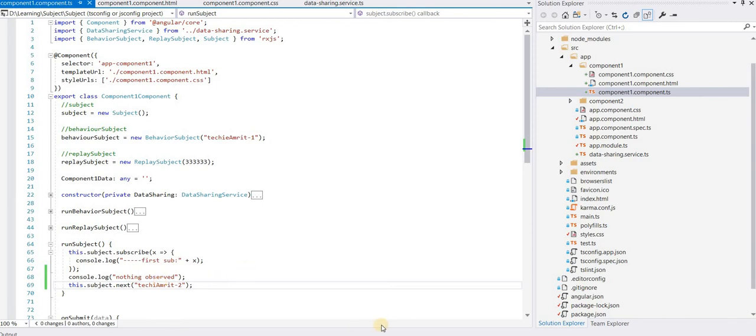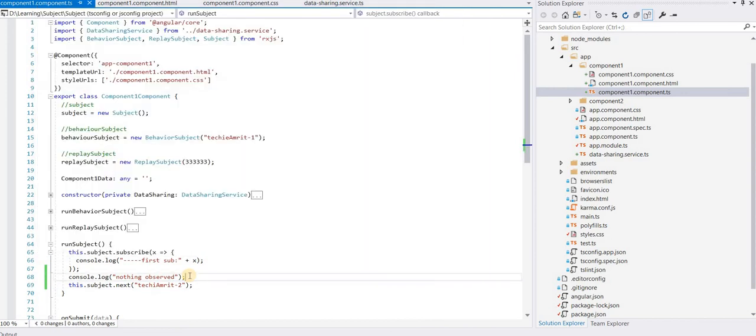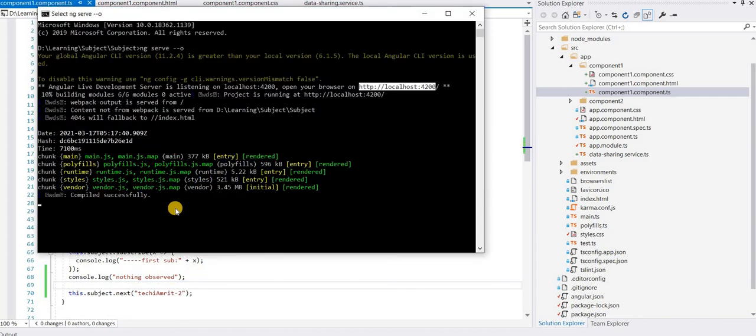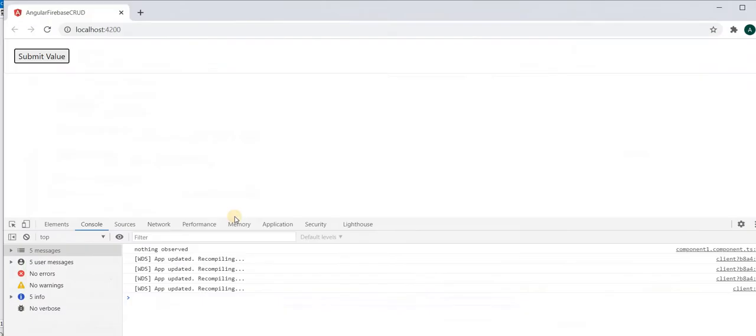So let's see. As you can see, there is no need to build the application again and again. It will build automatically. Now if I press enter and control S, you will see that it auto builds and gives us the output on the screen.